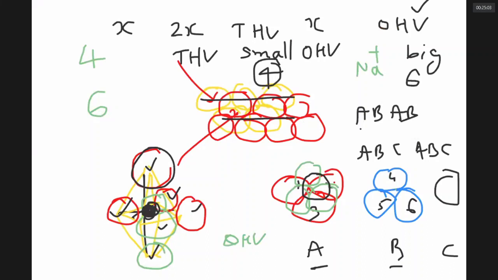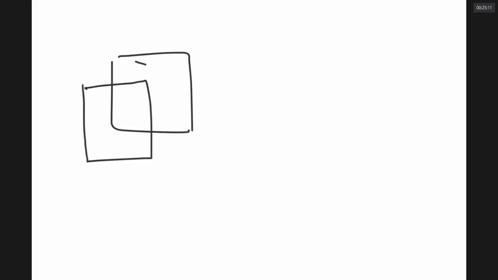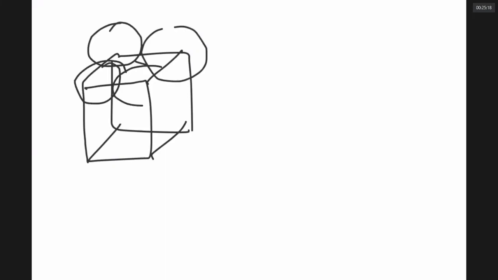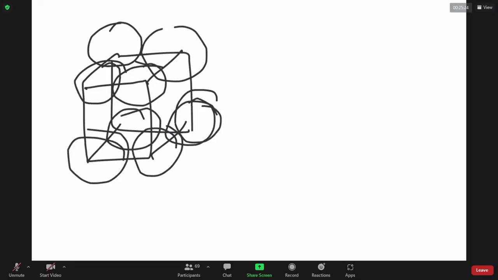when the particles are arranged like this, I am getting patterns like a simple cube. In a simple cube, where are the particles, sir? Particles are there only in corners. Can you see? Yes, sir. This is called a primitive cube. Notice they are touching each other. These spheres are touching each other. Should I draw once again?